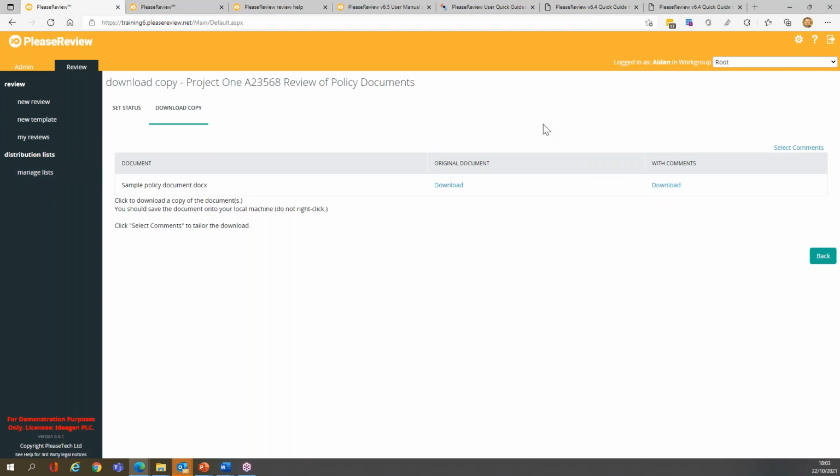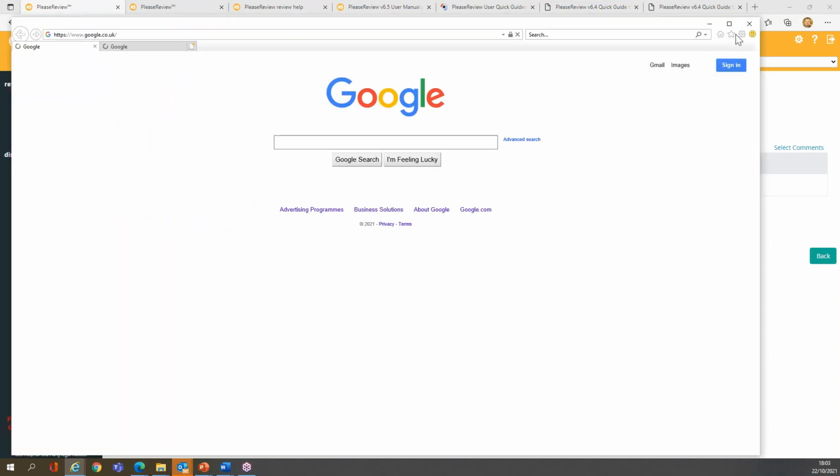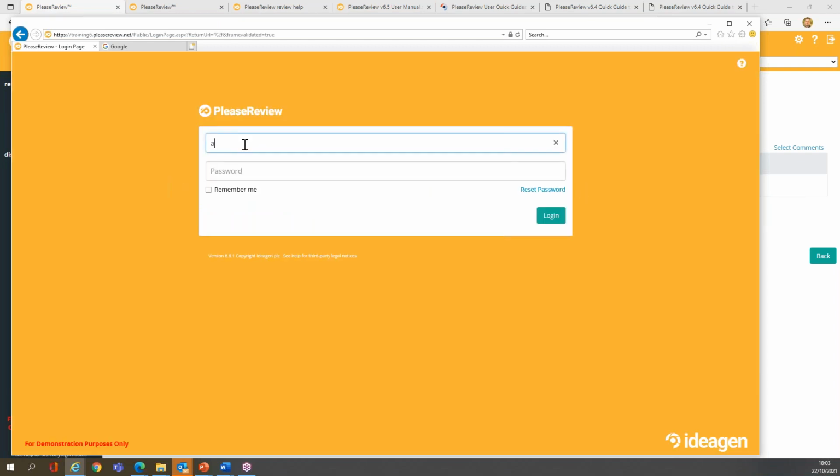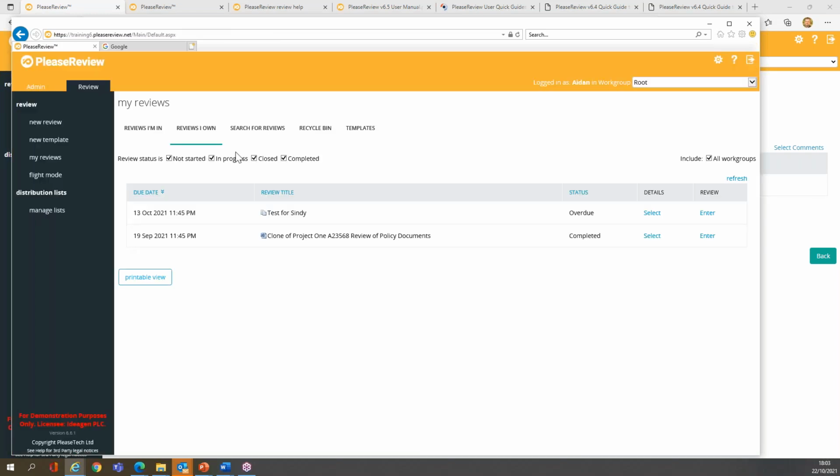Two elements to add to today's session, just looking at the time. Added value to it is that there are two environments that you can review a document outside PleaseReview, so effectively offline. Now, the first is available with a certain browser, and that browser is basically Microsoft Explorer. So if I log in under Microsoft Explorer, I'll have an additional option automatically available within my system. So if I go in as Aidan, does help if I spell him correctly, and go in. If I log in as Aidan, this is the user account that we've been witnessing already,